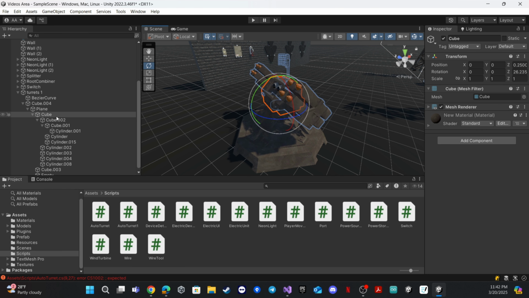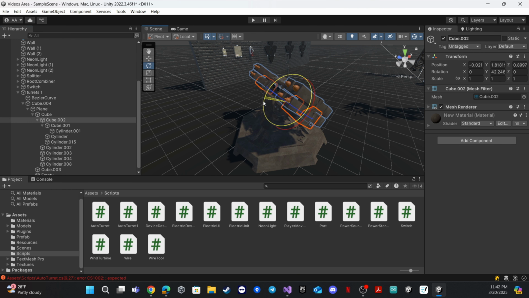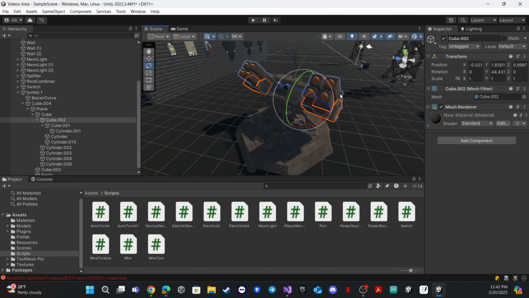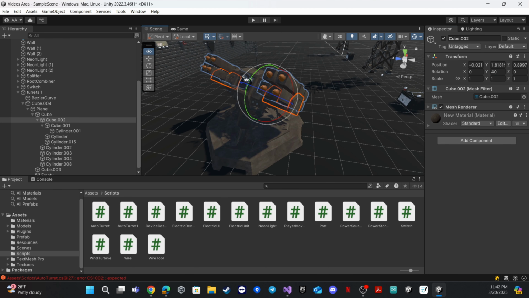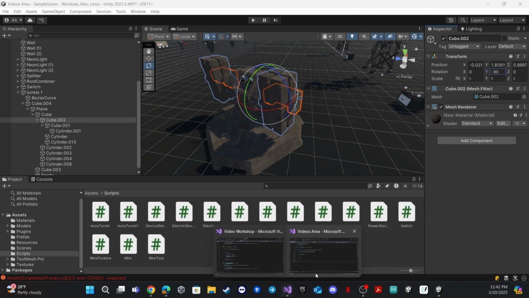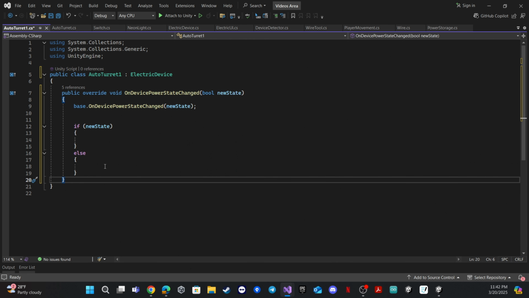First of all, we need to get a reference for this and this object. So this object maybe 40 is a good value when it's on, and when it's off, minus 90 is a good value. So let's go back to Unity